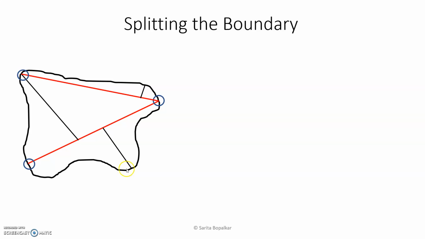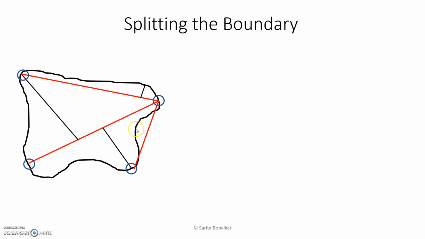For this segment, we'll find the boundary point which is the maximum perpendicular distance away from this line segment. Again same step, we'll compare this distance with the threshold. If this distance is greater than the threshold, we'll consider this as a different point to divide this boundary segment. Again we will segment this. This is one segment and this is another segment. We will connect these points by a straight line. Again we will continue with the same procedure.